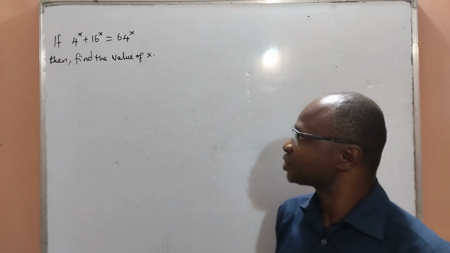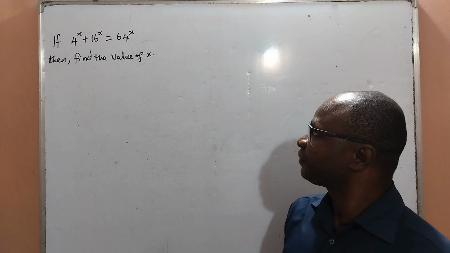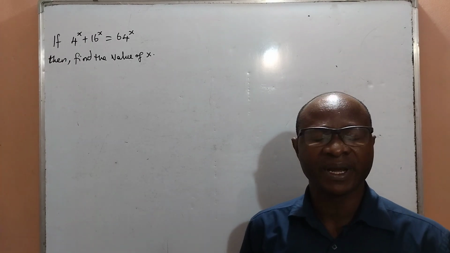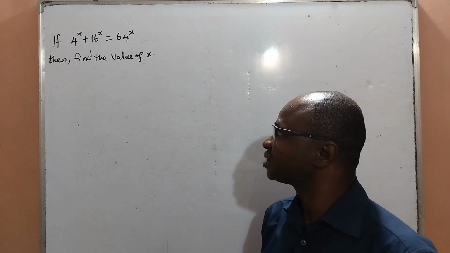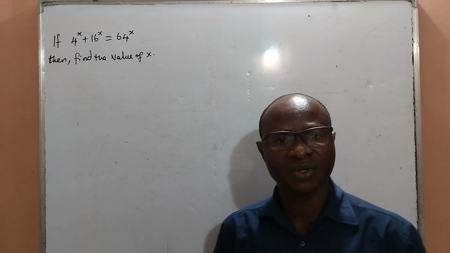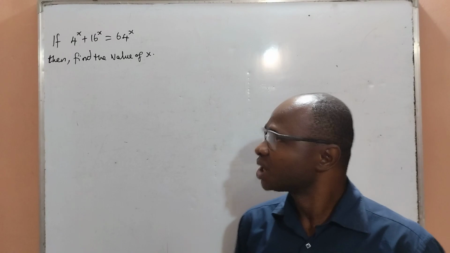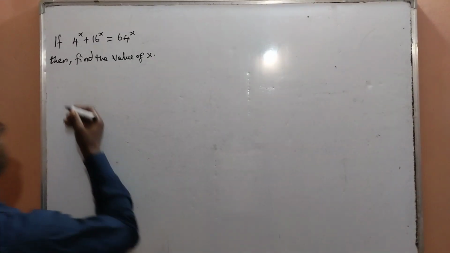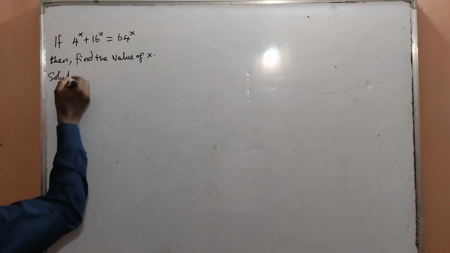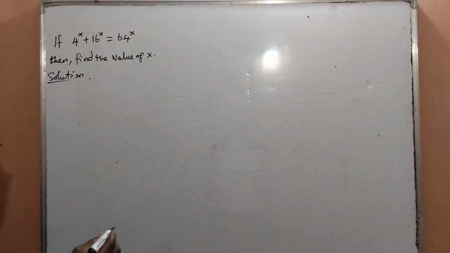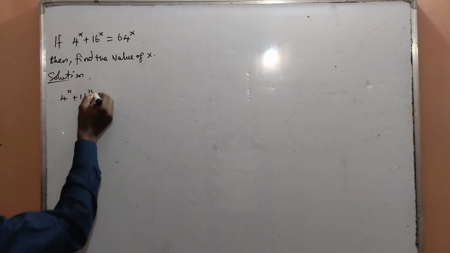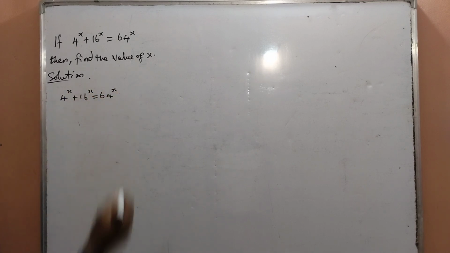In today's math class, we want to solve for the real value of x. In the question, if 4 raised to the power x plus 16 raised to the power x is equal to 64 raised to the power x, let us find the real value of x. Alright, by solution to the given question, that 4 raised to the power x plus 16 raised to the power x is equal to 64 raised to